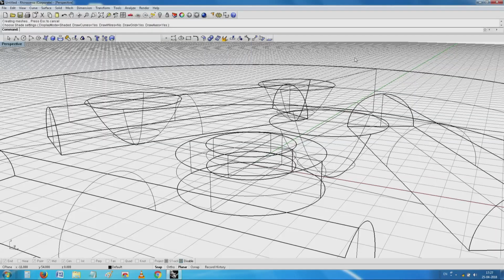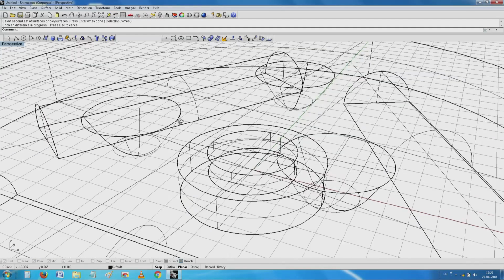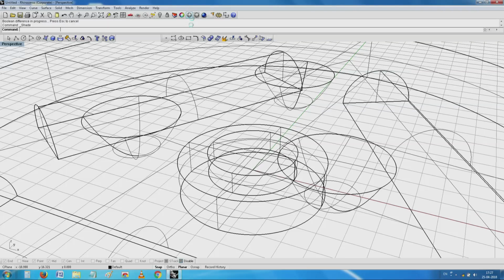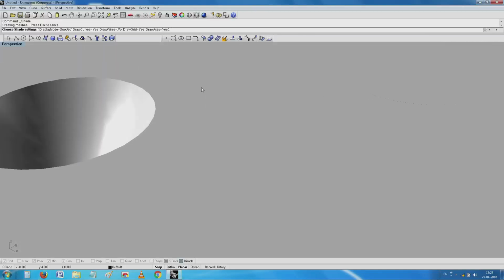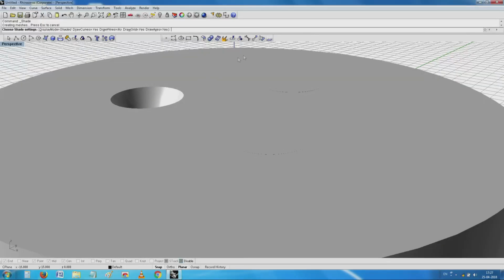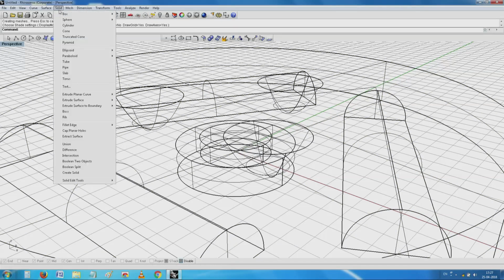Anything happened? No, not yet. Something seems to have happened here. Can you see? A small opening for the light has come forth. Seen that? There is a small opening for the light. Can I do it with the other things? Yes. Once again I will go for the solid, I go for the difference.